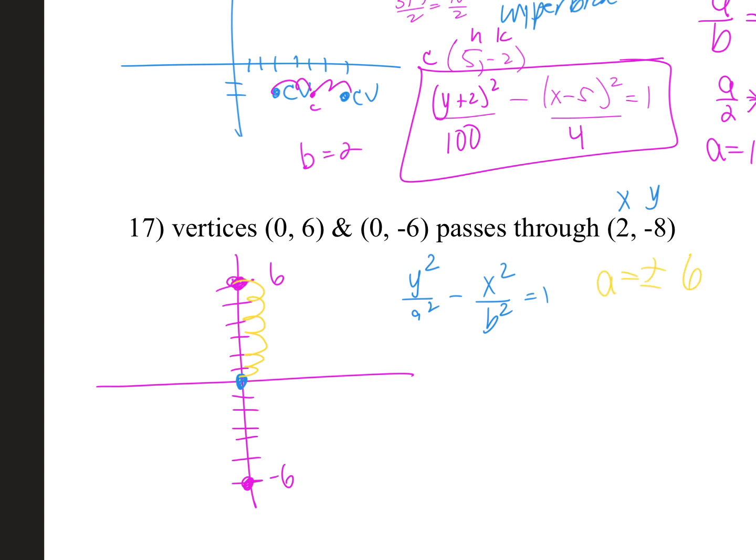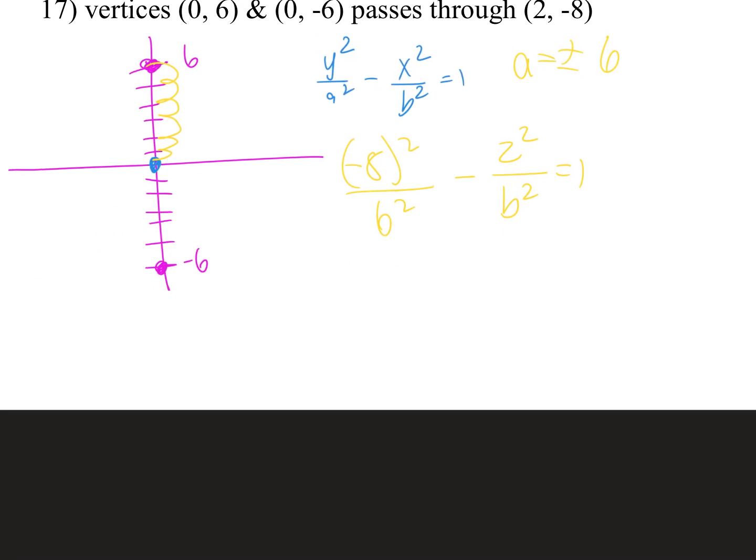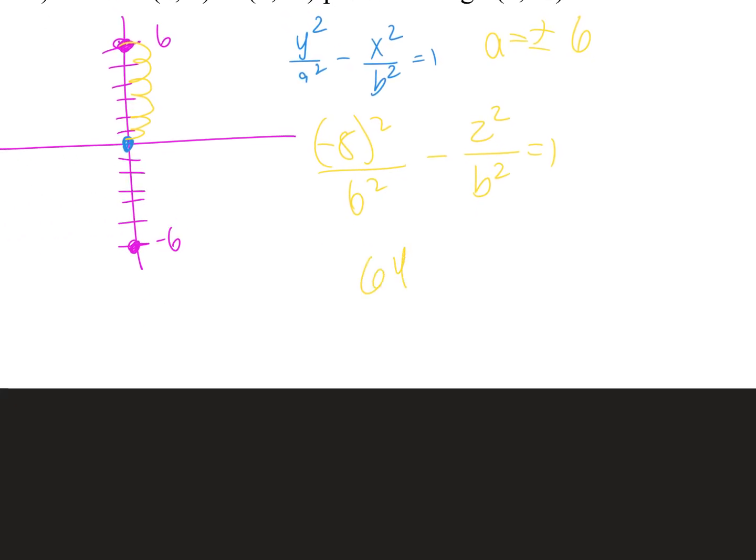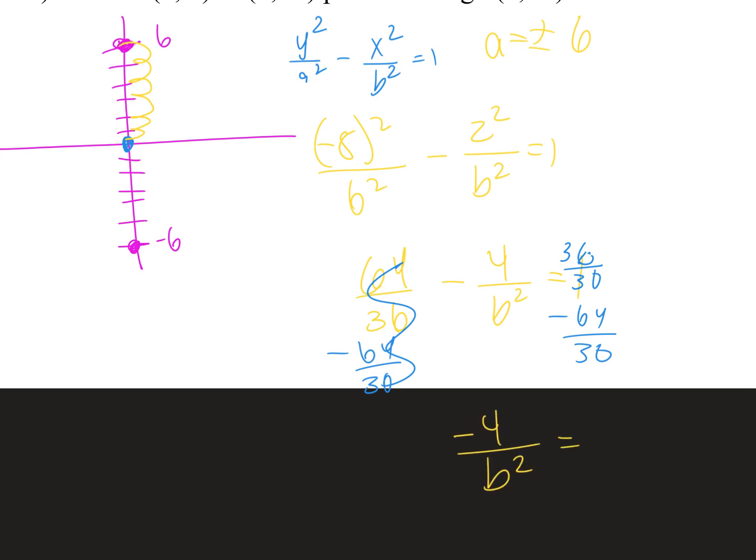So I'm going to go ahead and say, okay, they gave me -8 for y. Squared, I know 6 squared. Minus, they gave me 2 squared over b squared equals 1. And now we just math. (-8) squared is 64 over 36 minus 4 over b squared equals 1. Now I need to take 64 over 36 and move it to the other side. So before I do that, I'm going to change this 1 to 36 over 36. So minus 64 over 36, minus 64 over 36. I get -4 over b squared equals